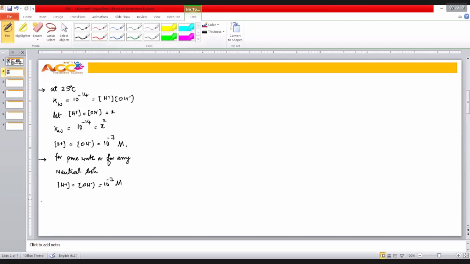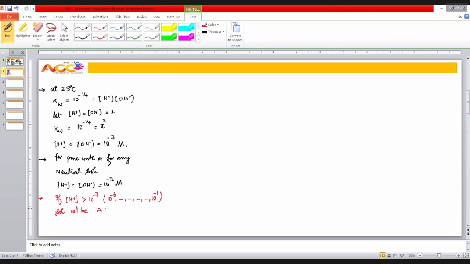I got a very good strategy here. If the concentration of H plus ion is dominating over the reference value, more than 10 power minus 7, it means the substance must be acidic. What is the meaning of more than 10 power minus 7? I can go 10 power minus 6, minus 5, minus 4, minus 3, minus 2, and 10 power minus 1. For all those solutions in which H plus ion concentration ranges from 10 power minus 1 to 10 power minus 6, the solutions are supposed to be acidic in nature. If H plus ion concentration is more, the solution will be